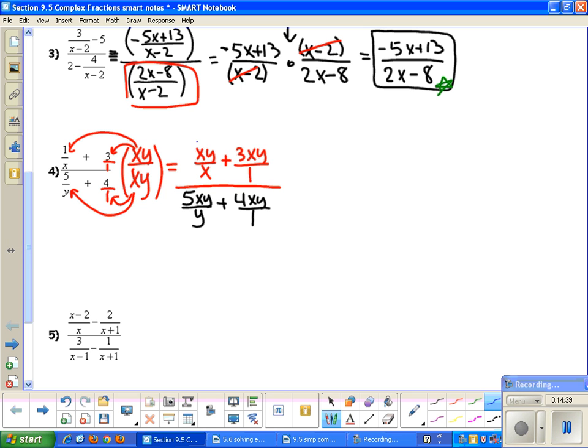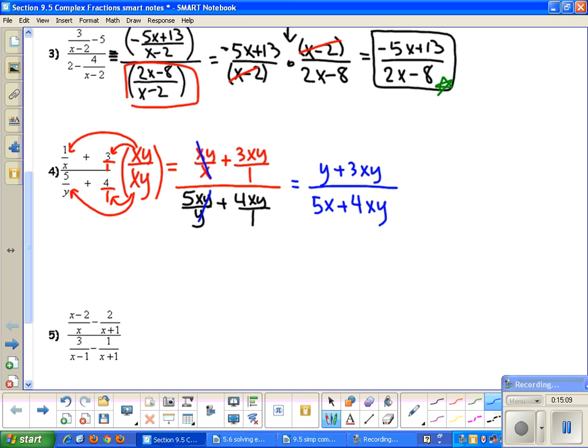So if you look at this first one, the x over x is being multiplied, so that can cancel out. Y over y is all multiplication. There's no addition or subtraction there, so those cancel out. So now I can go ahead and start to simplify. So right now I have y plus 3xy all divided by, and that's over 1, which I don't need to write, all divided by 5x plus 4xy. Now notice I have just one fraction, so then I can go ahead and see if I can simplify